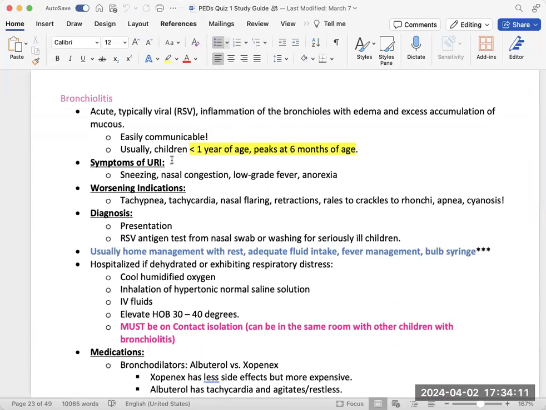But remember, bronchiolitis means inflammation of the bronchioles, which means there's edema and also an excess accumulation of mucus. And remember, anytime there's a respiratory problem and a lot of water buildup, you're at risk for infection. So that's always scary. That's why it's so easily communicable, because it's so infectious, right? It's also causing excess mucus, and kids touch everything. They put everything in their mouth. So it's very easily spread. And it's usually in children under the age of 1 and it peaks at around 6